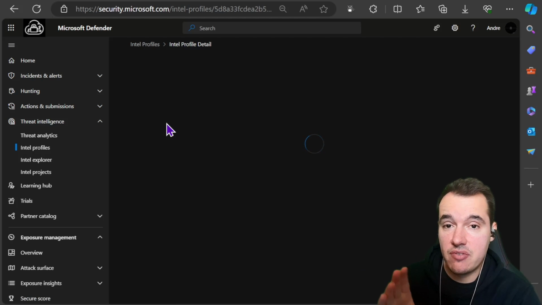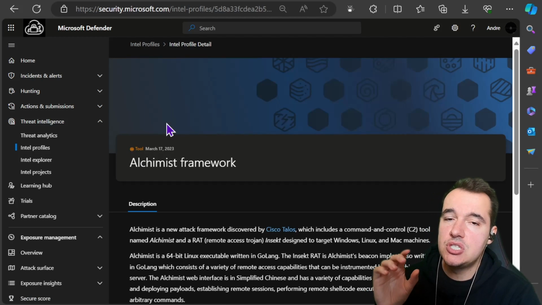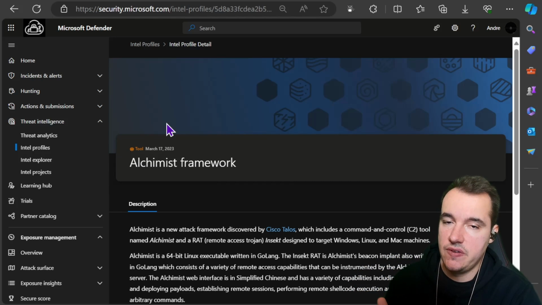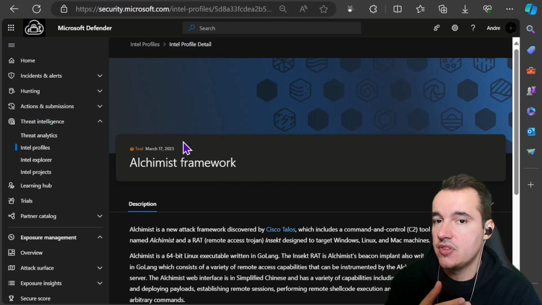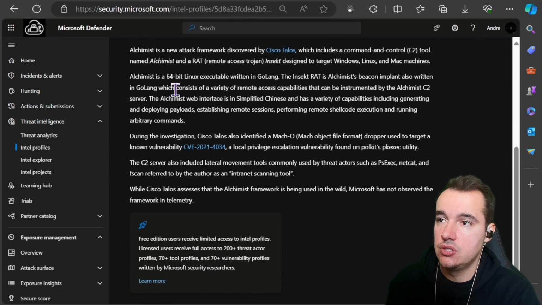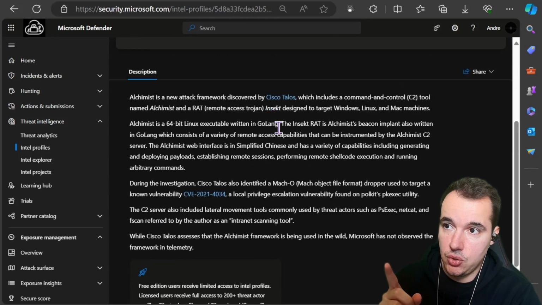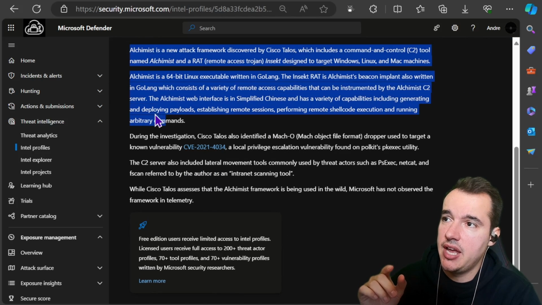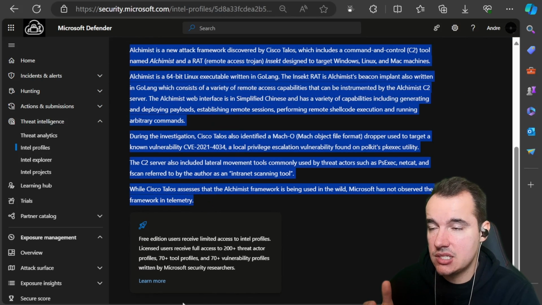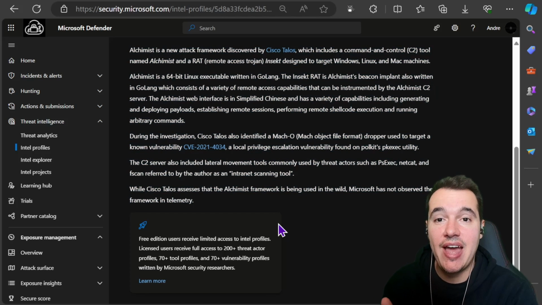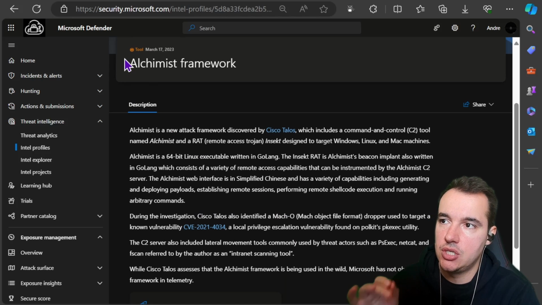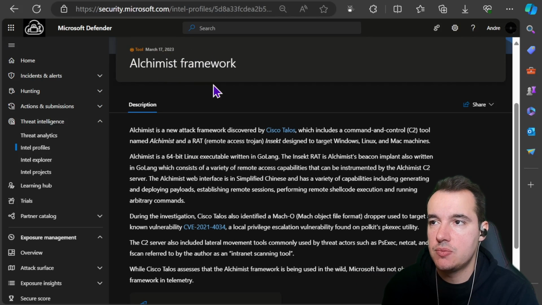At each and every page that I navigate here, I will see a banner for the free edition if there is additional information that would be surfaced in case I had the premium version of this solution. As I scroll down here into this particular tool report, you can see I have a summary of what that tool is, but also at the bottom I get this little banner about a free edition. That's because if I had the premium version, I would get even more information about this particular tool